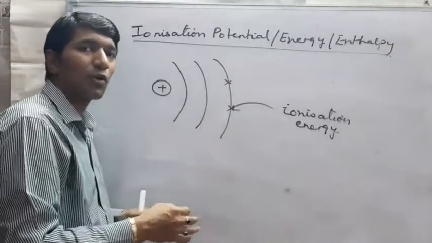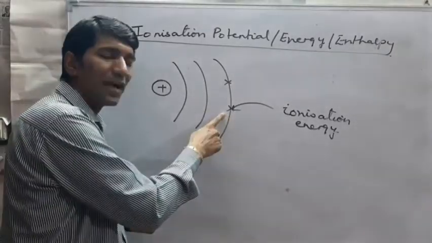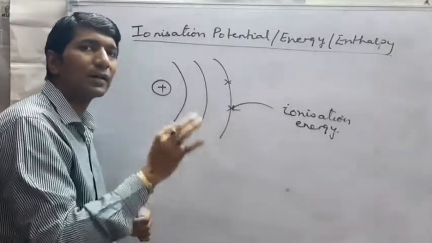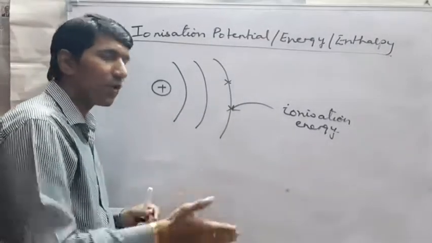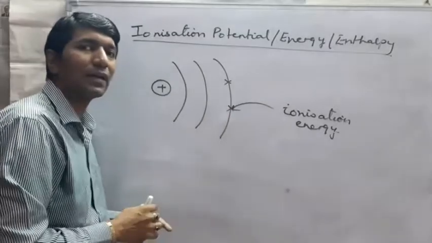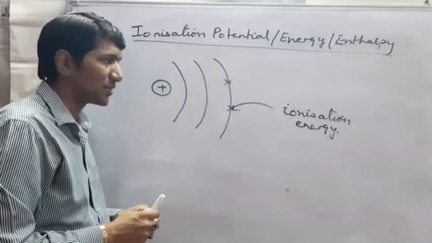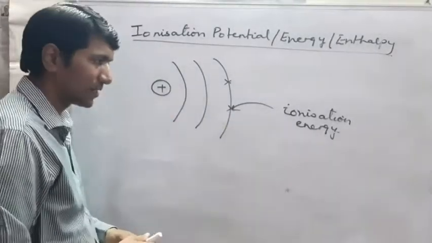Okay, so ionization energy is that energy which is consumed for a neutral isolated gaseous atom where a loosely bound electron is removed from its valence shell to form a cation. And why are we specifying that it is forming a cation? Because on loss of electron we will get a positively charged species. Okay, so this is ionization energy.